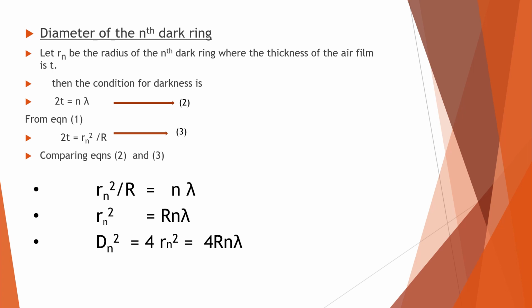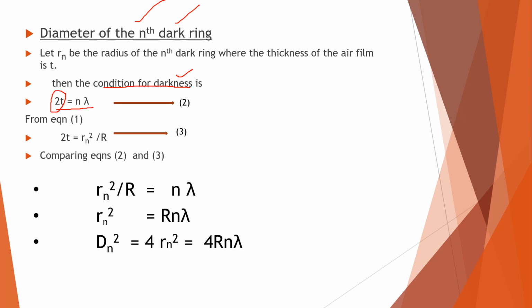Hope you remember this slide we used while discussing the Newton's rings experiment. This slide gives the diameter of the nth dark ring. Now the condition for destructive interference or darkness, we wrote it as 2t is equal to n lambda. Here we got 2t because there was air film between the planar convex lens and the glass plate. The mu was equal to 1, so it was 2t. But now if you are incorporating a liquid, then you would have to write 2 mu t instead of 2t.